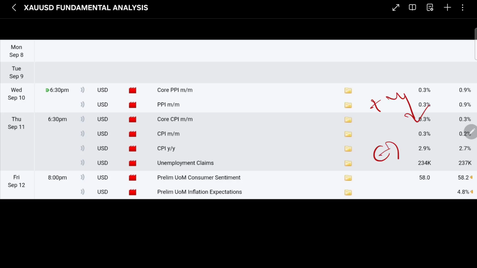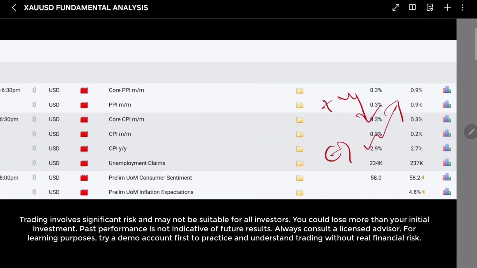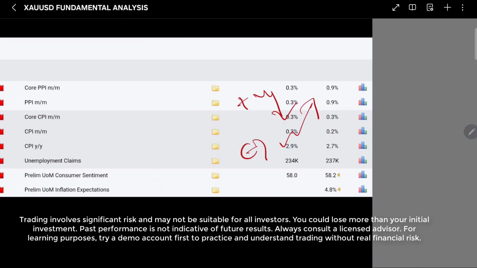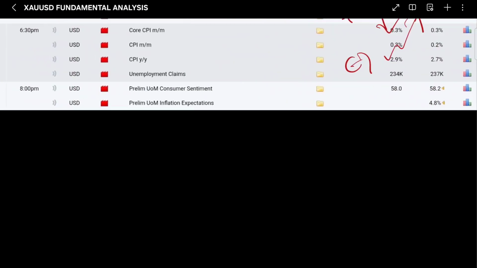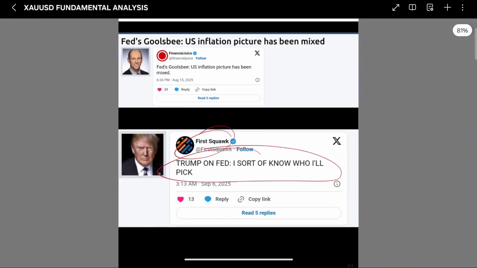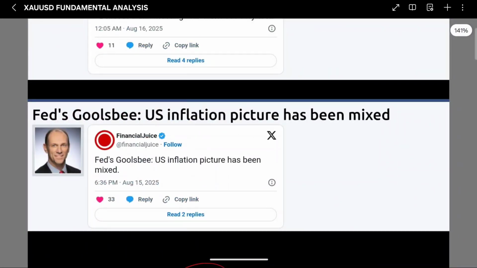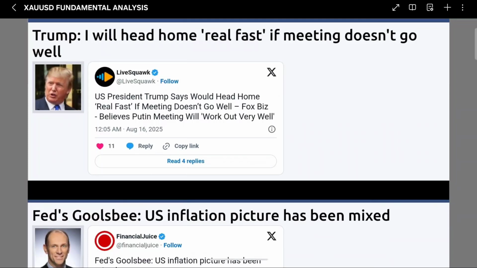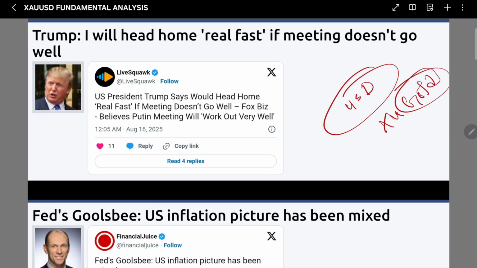And you must be thinking, okay, I understand the chart, but what about this kind of news? As you can see there can be a lot of conclusions in that kind of news. So you may understand one thing only: if something happens around the world that involves the United States dollar, that will affect gold. You have to keep your concern on that.